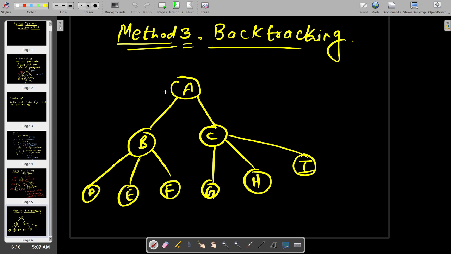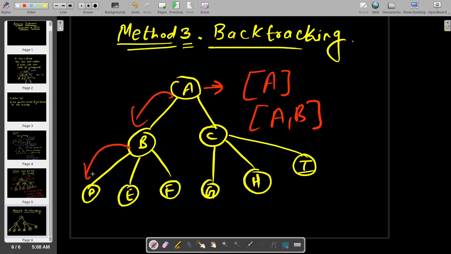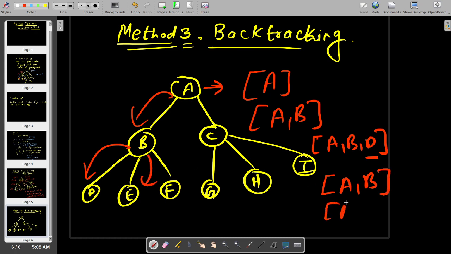Let's say currently we are at A and we have a list, and the list is basically A. Now when DFS goes to B, the list will become A, B. When DFS goes to D, the list will become A, B, D. Now when we go out of recursion, we are popping the end item, right? So now the list will again become A, B, and then here it will become A, B, E.